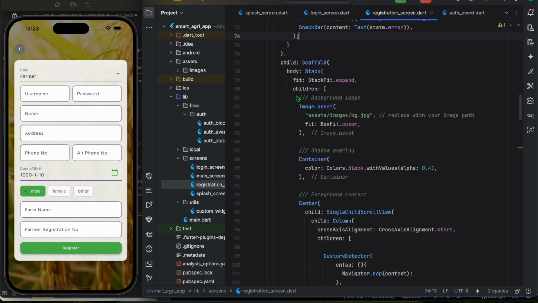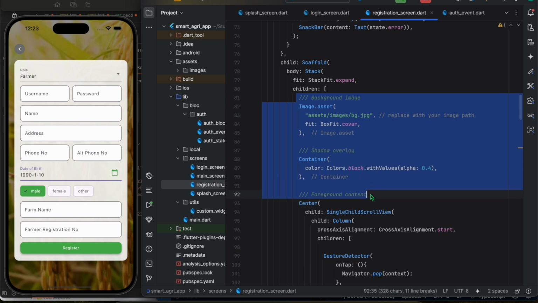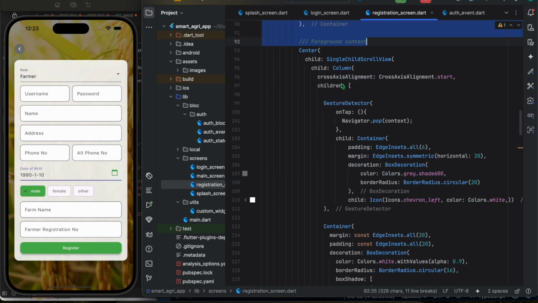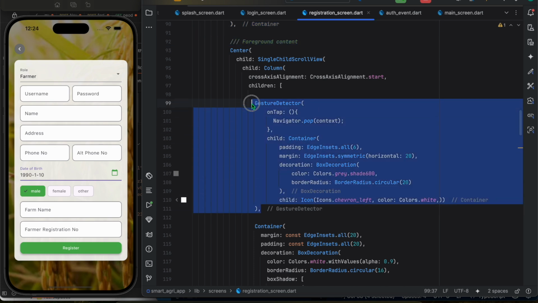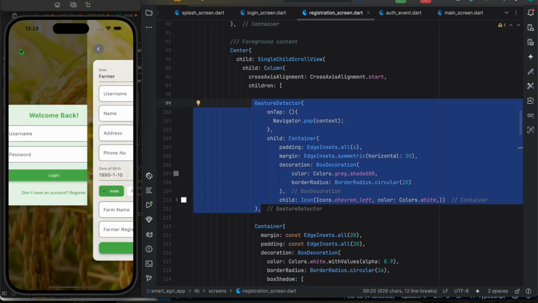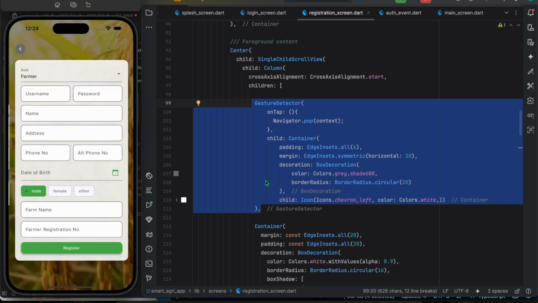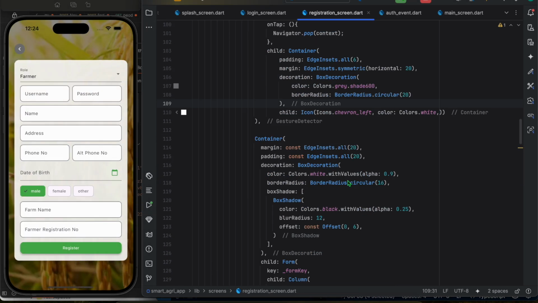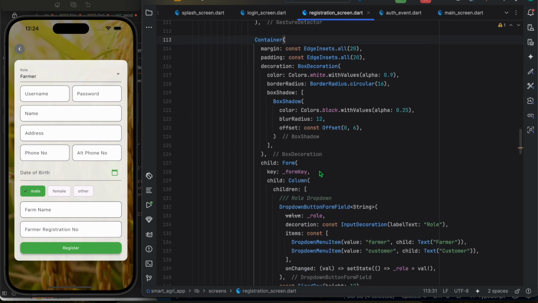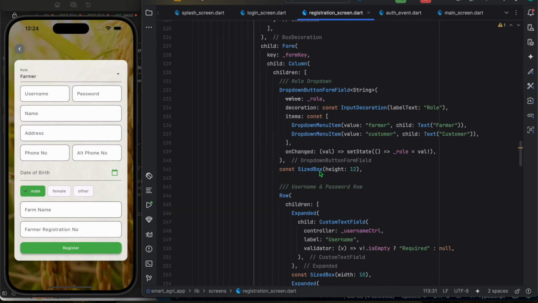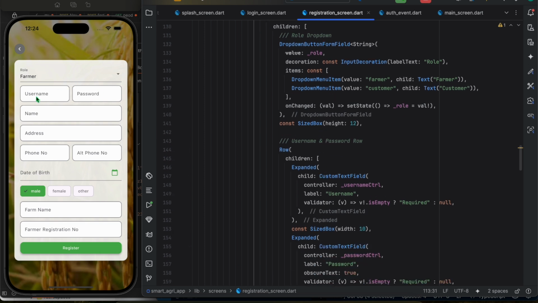Same as previous, we add a background image, shadow and foreground content. The foreground content has one back button. As you see here, this is the back button. Whenever you click on the back button, it will navigate to the previous screen. So now this is the main container. Okay, so the rest is the same. So just do one thing, we add one, suppose